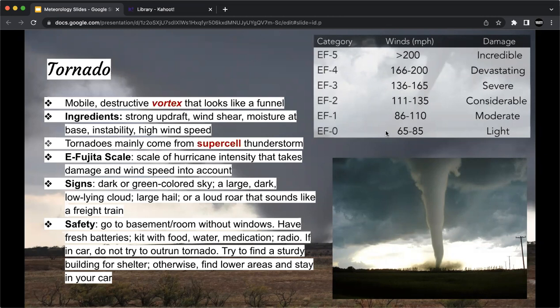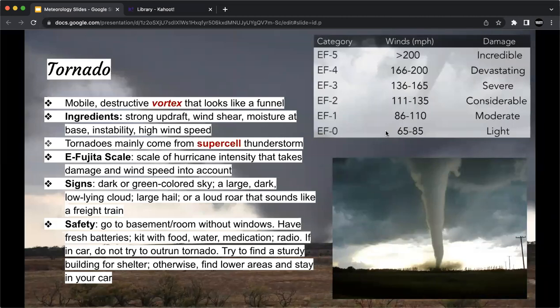It also needs moisture at the base, instability, and the winds have to be really fast. And these tornadoes mainly form from supercells, which I covered last slide. These are the most intense